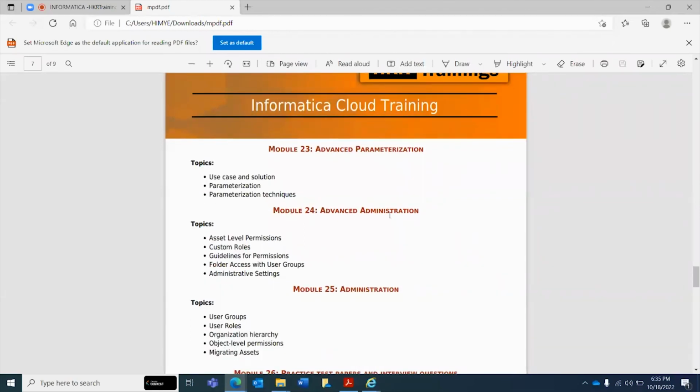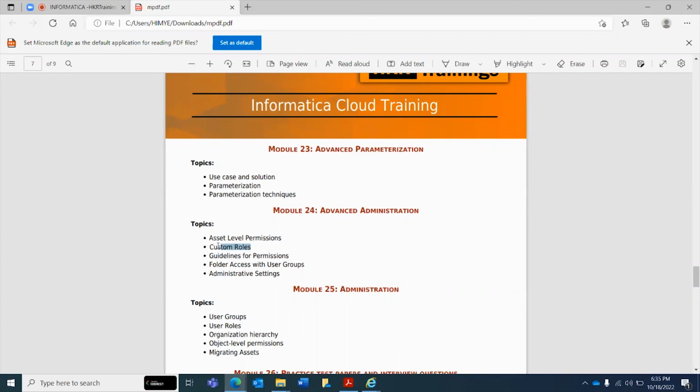And administrator is very simple. As I told you, in administrator, we can download the secure agent, and we can create users. Like if I log in to the cloud application, I can add multiple users to the Informatica Cloud, same organization.